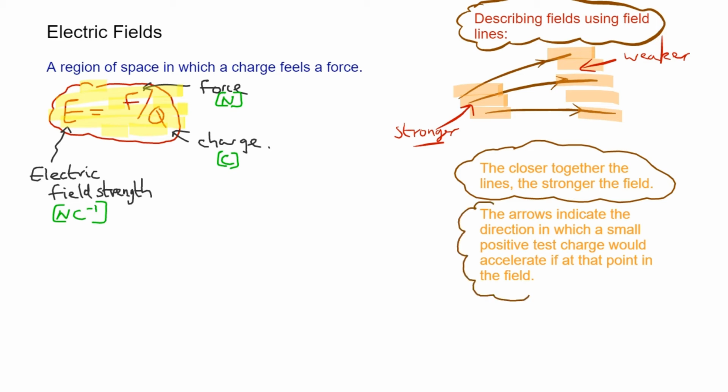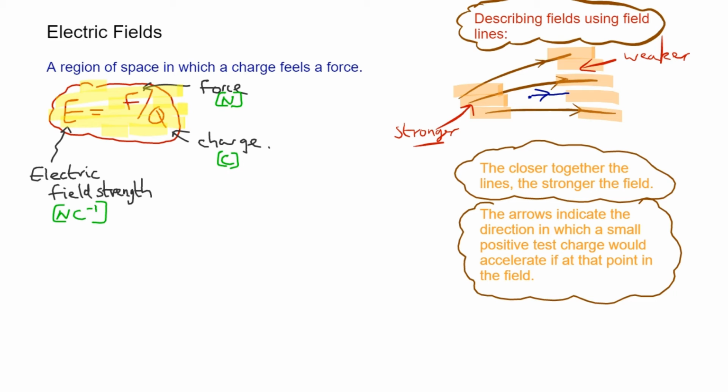Well, the arrows show the direction specifically in which a small positive test charge would accelerate if at that point in the field. Okay, well, there's not an arrow at every point in the field, but you know what I mean. If I put a small positive test charge there, it would follow the field line. If I had a small positive test charge where there is no field line, well, you have to sort of figure out what the field direction is there, and it's obviously kind of in the direction of the two field